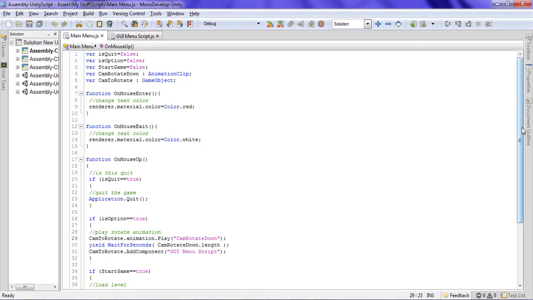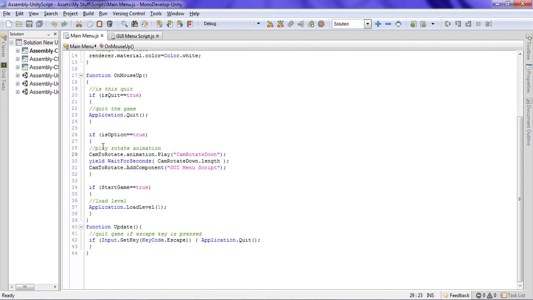Then we go down to the bottom where we have our actual trigger, which is a mouse up statement if option is true, or at the options button. Then cam to rotate dot animation dot play, and then what animation we play. Since I want to play the test that I made, I'm going to call it test because that's what the animation is called. It does have to be linked with your object. Remember that, otherwise it'll come up with a null reference exception. So yield wait 4 seconds, cam rotate down dot length, and then